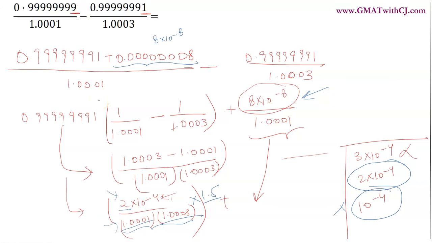The mentality is most important here. The mindset is very important here. The mindset was just that whatever we are given, if it looks messy, we try to simplify it. And simplification can be done in multiple ways in this question. There was one way that I went about it, and then there is this way also, in which case we are making the numerator same.